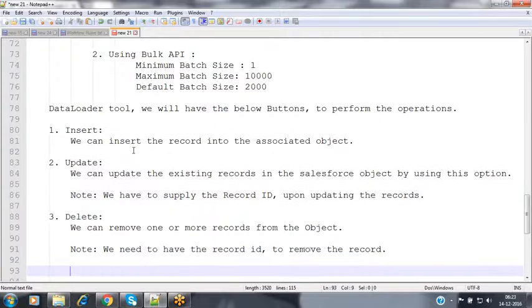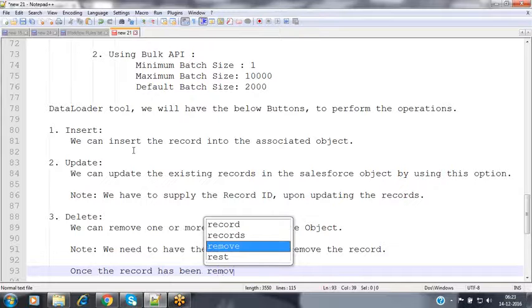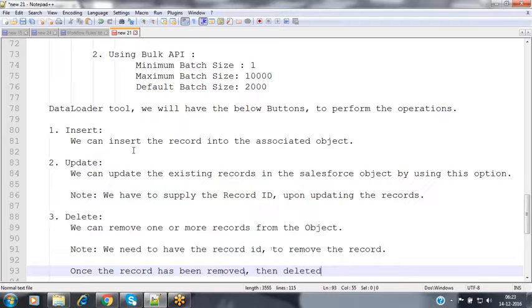Now, what will happen to the deleted records? Once the record has been removed, the deleted records will reside in the recycle bin for 15 days.